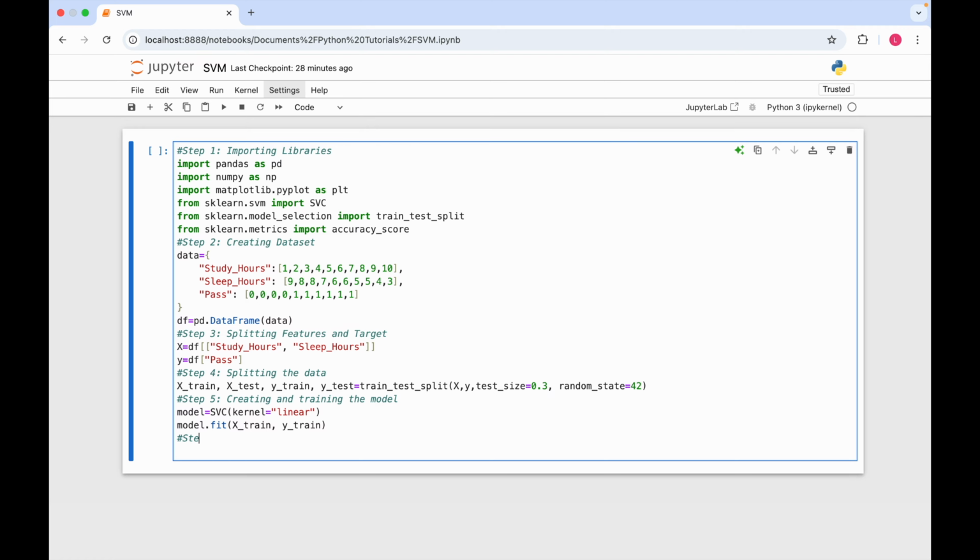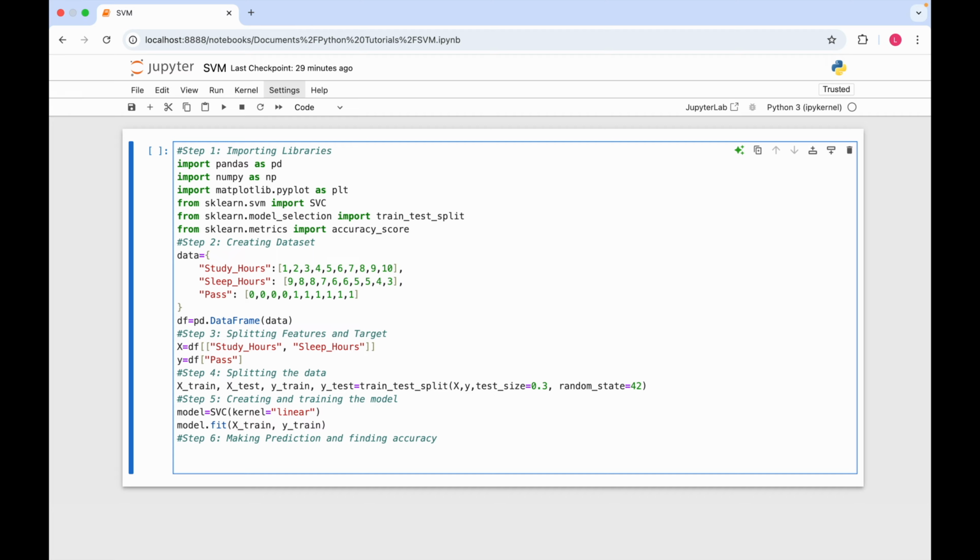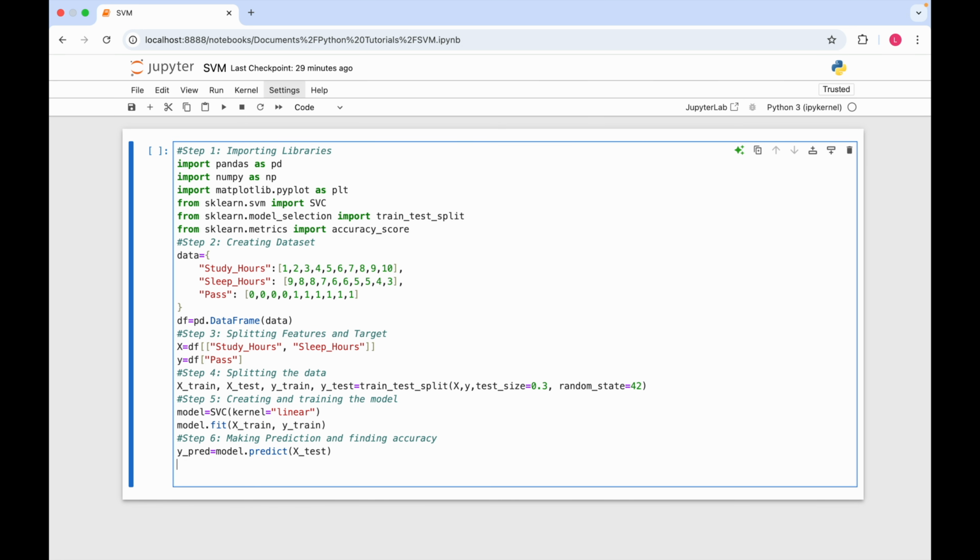Has step 6, making prediction and finding accuracy. y_pred equals to model.predict and then X_test. So here the model predicts the outcomes for the test data, that is X_test,